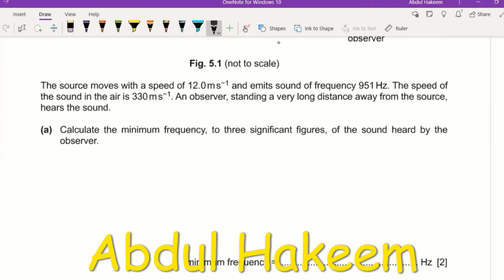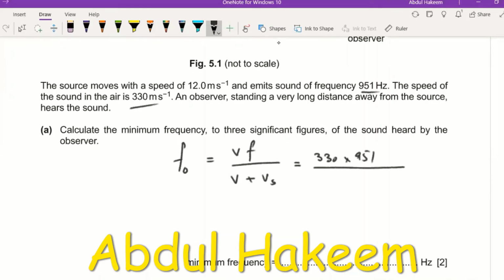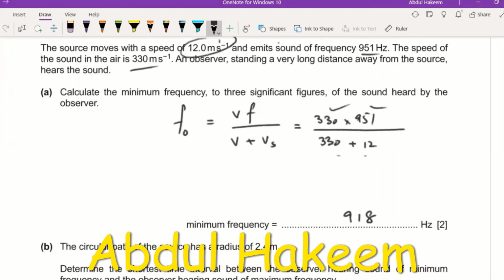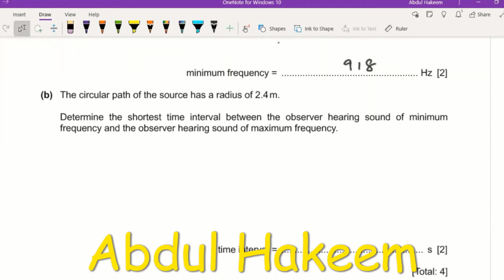So Doppler's effect, observed frequency is v times f divided by v plus vs. So this v is given 330, multiplied by the frequency of the sound, 951, divided by 330 plus source speed, 12. So after calculation, the answer is coming 918. And the next,